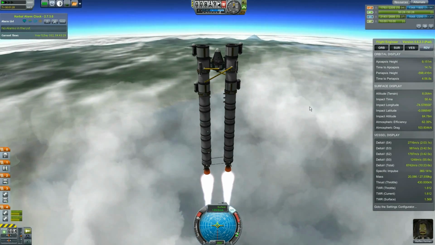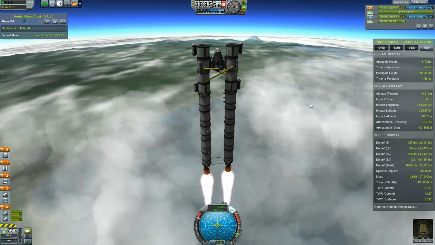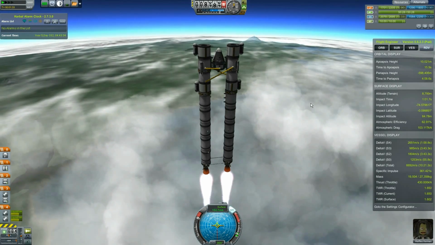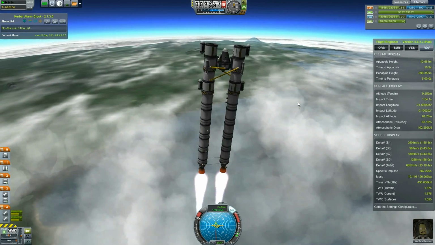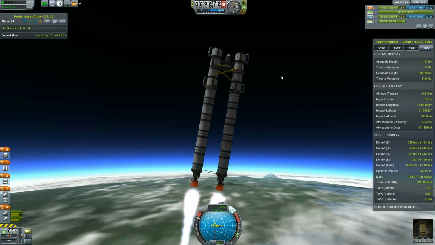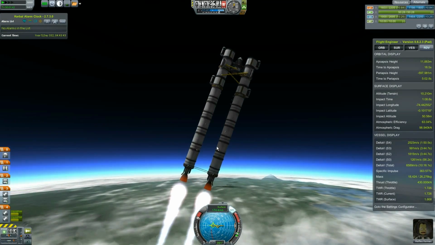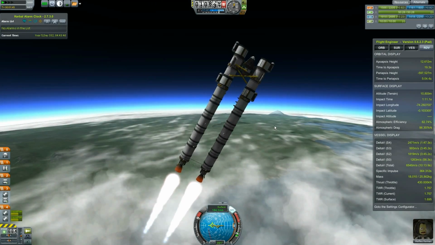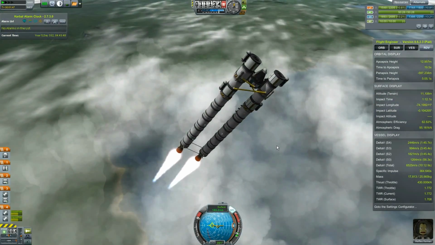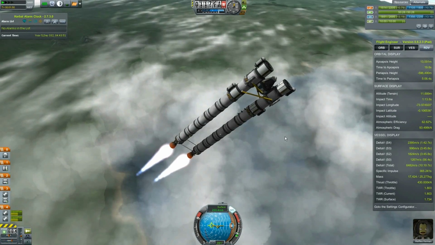So our apoapsis is almost at 10,000, which is when I like to do my turn here. Oh, I forgot, I have like no reaction wheels on this guy. Even though I unlocked reaction wheels, I didn't put any on this ship, because honestly, I don't think I need them. Once these things are gone, he's pretty small. He'll be nimble enough to get the job done. But other than this, it's basically the same launch you've seen me do hundreds of times. So I will meet you